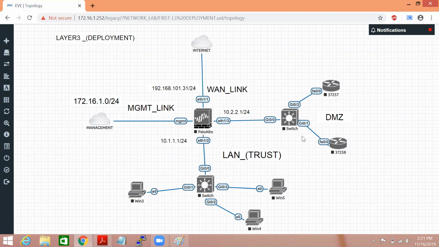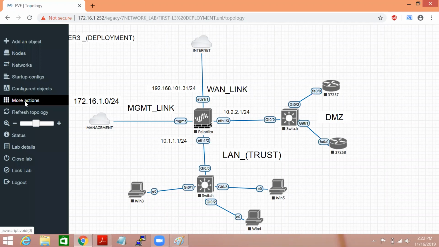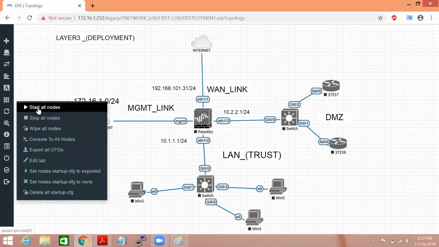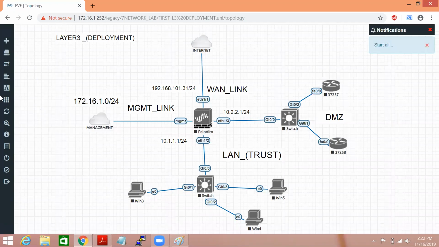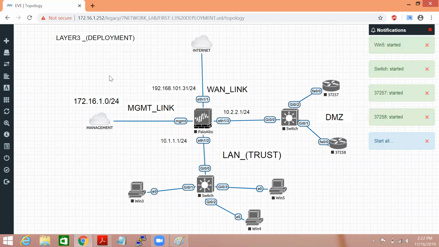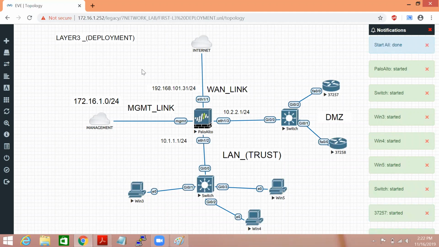If you have any issue regarding anything, you can ask me, because I'm going to start some basic configuration now. So let's start all nodes. As of now it's showing stopped, so in order to start your devices, you just have to start all nodes.